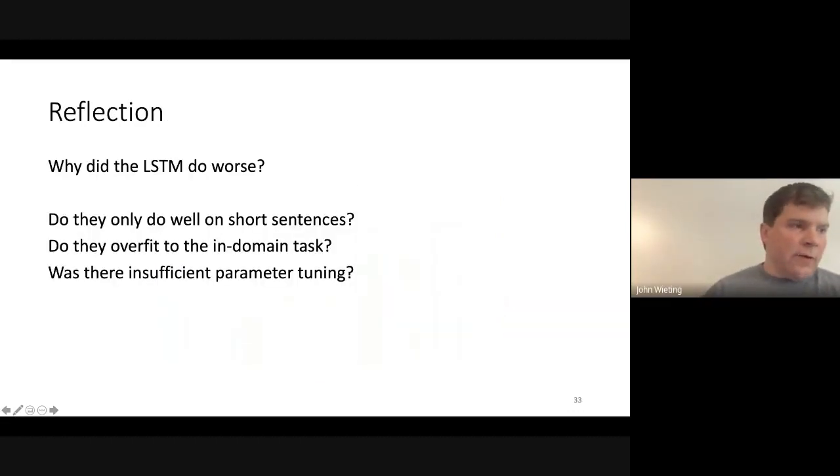And that was actually very troublesome in a way, because we had thought that the LSTMs would do best, since they're able to capture word order and simple averaging models can't. So we came up with a bunch of hypotheses for why this happens. Is it because of short sentences? Is it overfitting in domain? Did we not tune or optimize it correctly? We investigated all these exhaustively, and the answer to all of them is no. So this was an open question for a little while, but we'll come back to this a little later in the talk.